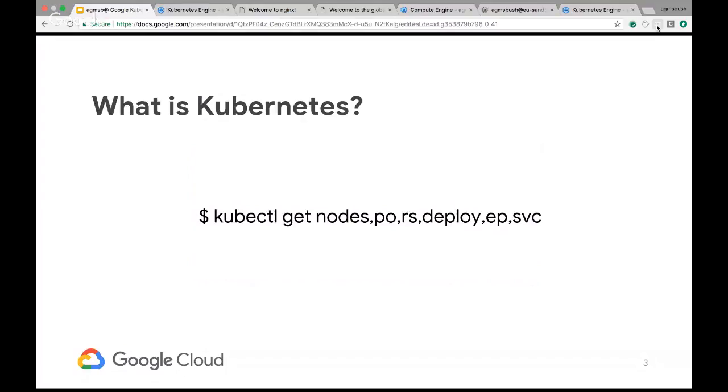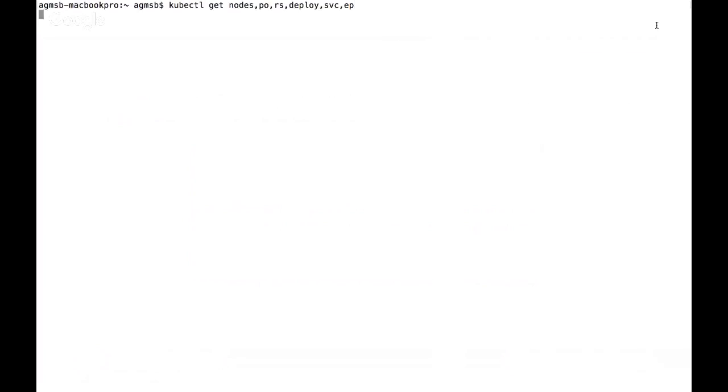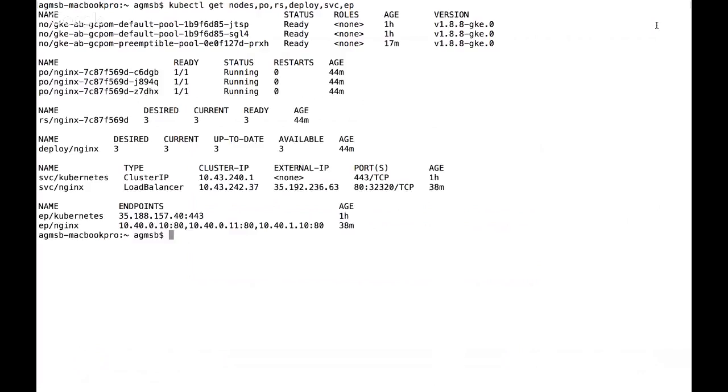I'm just going to show a very brief introduction to level set our understanding of Kubernetes. I have an existing Kubernetes cluster, and I'm going to run this from the Kubernetes command line tool, kubectl. What we're looking at is a 10,000 foot view of what Kubernetes brings you. In my cluster, I have 3 virtual machines, and we'll talk about these later. The point is that Kubernetes gives us a way to abstract away that infrastructure, think about our containerized applications, and get them running. Those containers are represented as pods. I have 3 Nginx pods running in that cluster.